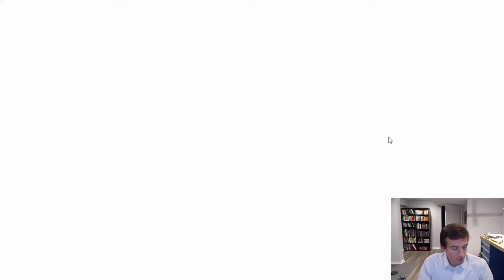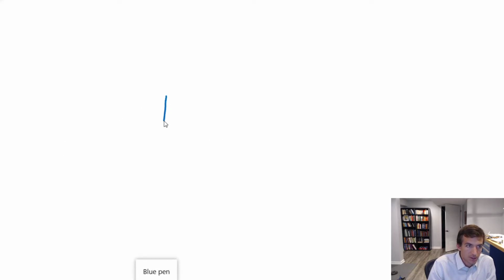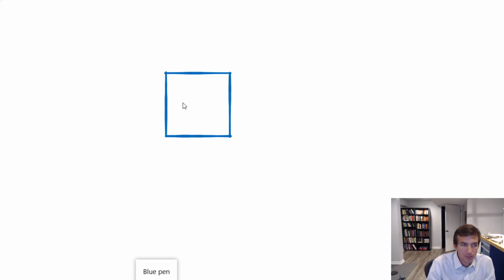So let me show you how I like to think about these operators. If we look at my whiteboard now, if you're in the Google Drive, just switch over to the Zoom tab here. If I think about these operations as blocks, they're black boxes. I don't know how they work. I'm glad that I have the ability to read information, and I'm glad I have the ability to print information. Okay.